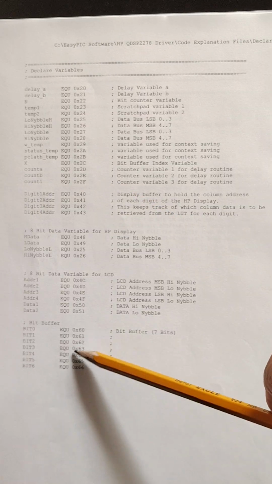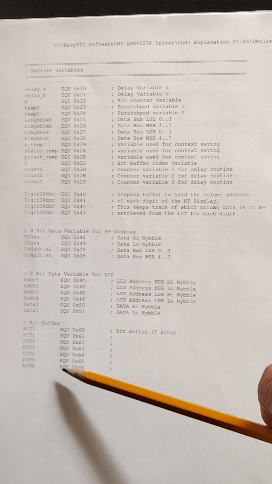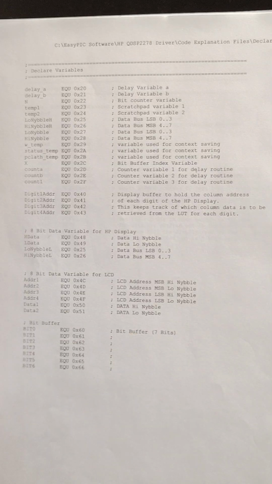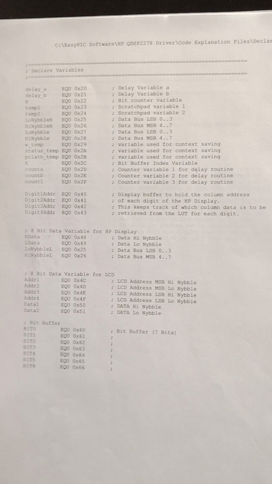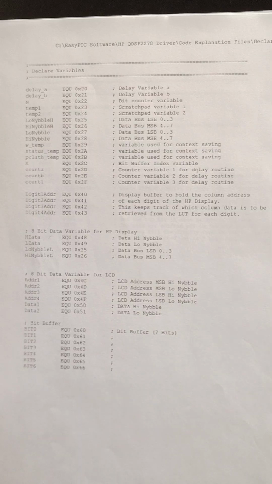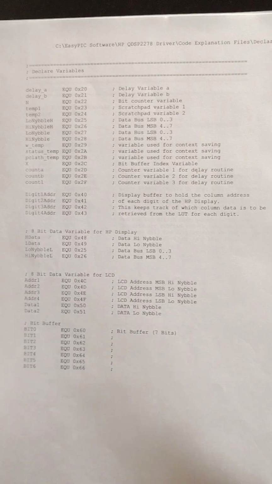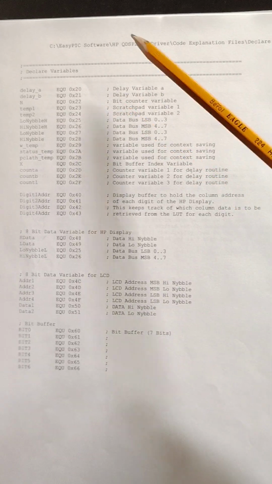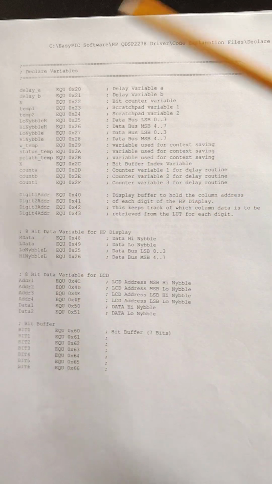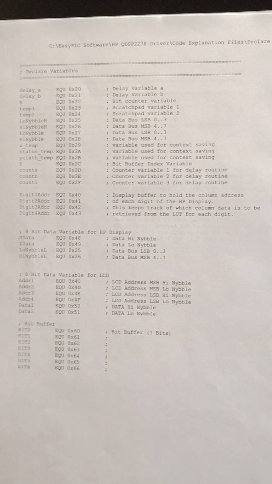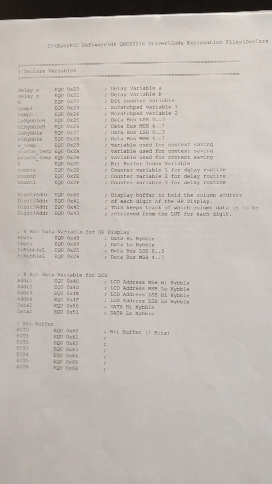I've got a bit buffer down here, bits 0 through bit 6. This is the 7 bits that will be shifted into the display to fill each column, one column at a time. And then up here we've got some delay and some other various variables that will be used throughout the